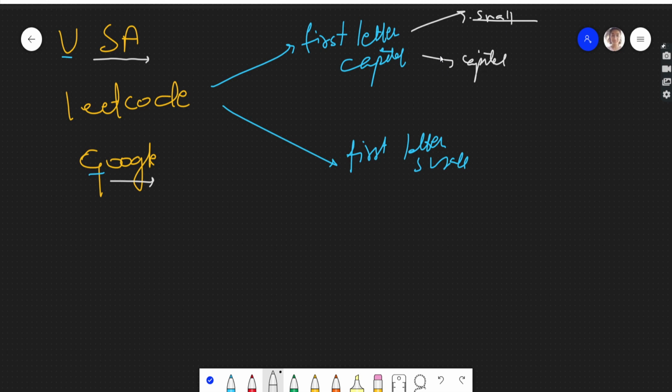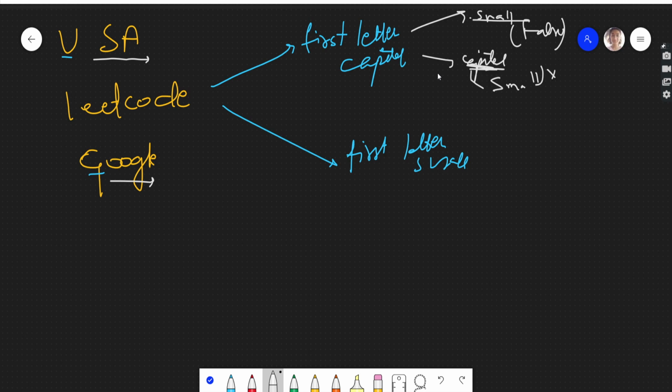If the letters should be capital and any letter comes out to be small, then we will return false because that's not valid. And if everything should be small, but some letter comes capital, like L is capital, then that is not correct, so we will return false here.